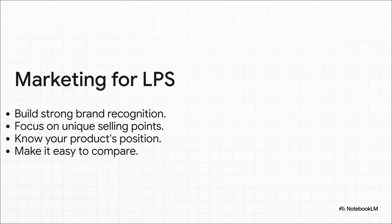For these customers, your marketing has got to be razor sharp. It's all about making your brand pop. Why is your product faster, more reliable, a better value than the other guys? Things like comparison charts, glowing customer reviews, and super clear messaging about what makes you unique, those are your best